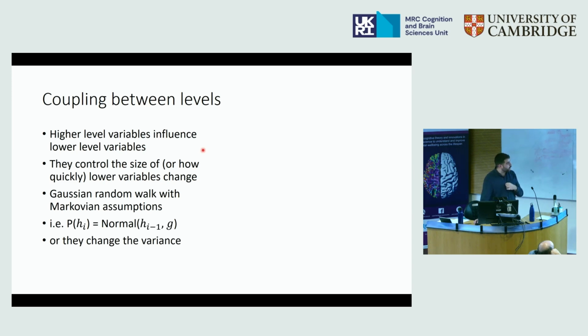And for our purposes, they are going to control the size of the changes of the lower variables. So you can put this in a posh way by thinking about it in terms of a Gaussian random walk with Markovian assumptions. But to actually make this more concrete,